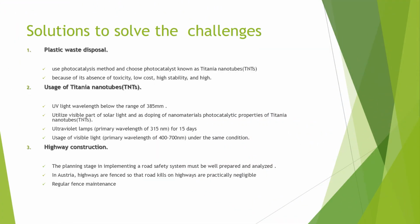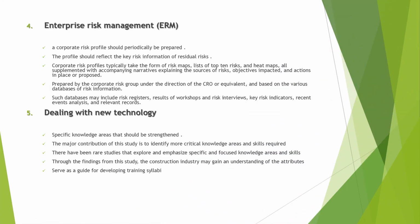To solve the challenge, to solve the problem, which is the polyethylene-waste problem, it is suggested to use the photocatalysis method and choose a photocatalyst known for the challenge in enterprise risk management. It is a suggestion will